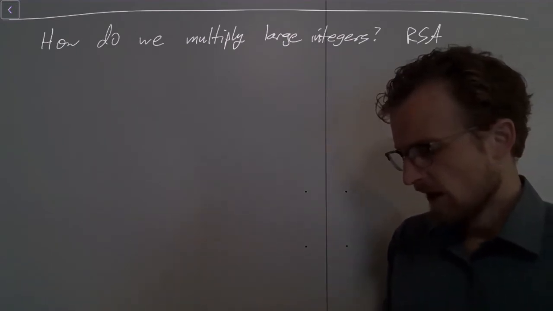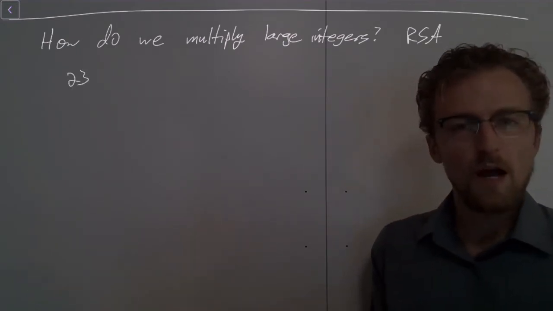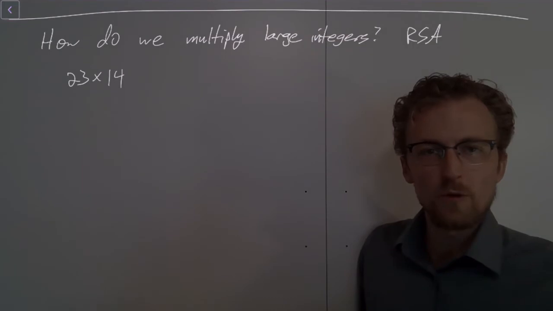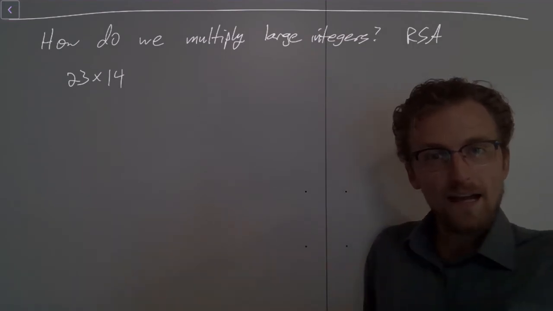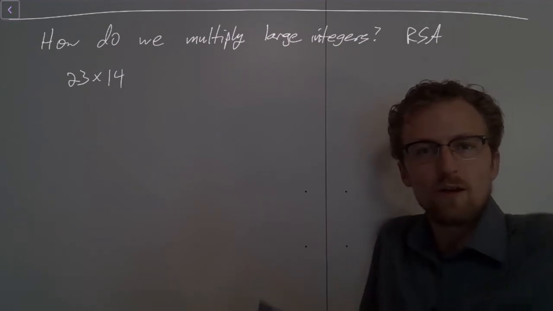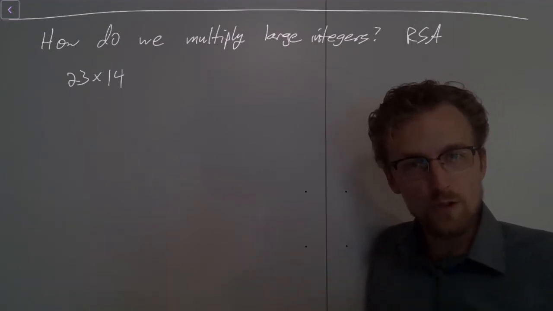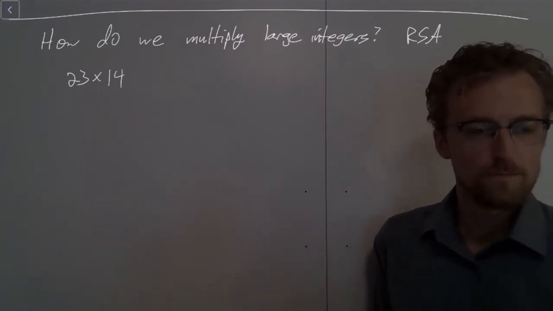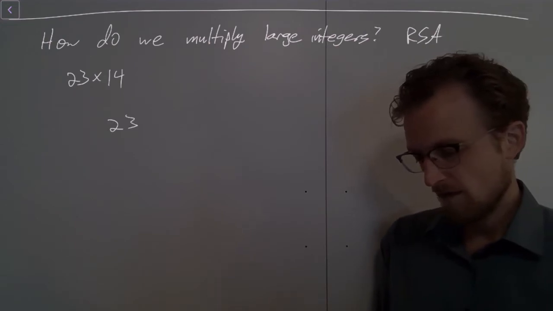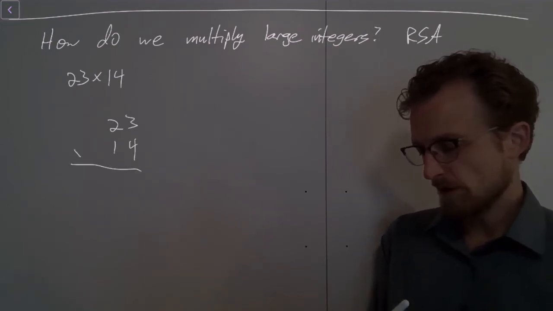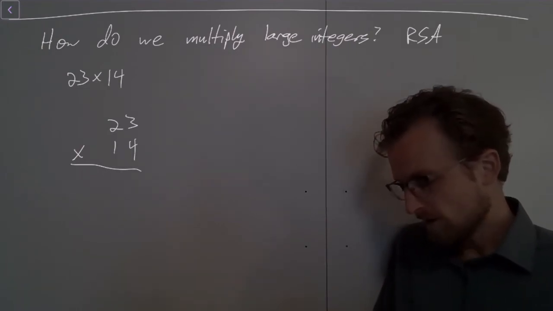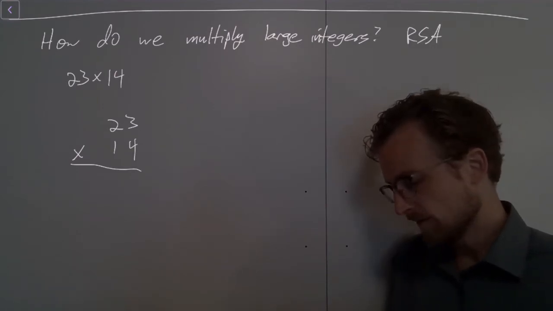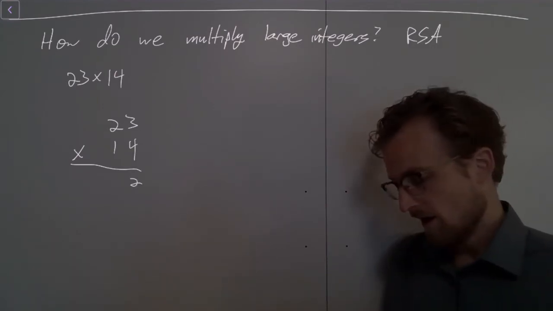So let's do a small one. Let's multiply 23 by 14, and think about how we as humans would do this. And so now we're gonna run back in time to 4th grade or 7th grade or whenever it is you learn this stuff, to one of the very first algorithms all of us learned, and that's this long form multiplication thing. So I'm gonna write 23 on top of 14, and I'm gonna multiply. Right? How do you do this? Well, first I multiply 3 by 4. Okay, if I multiply 3 by 4, what do I get? Well, I get 12. So I write the 2 there, the 1's digit there, and then I write the 1